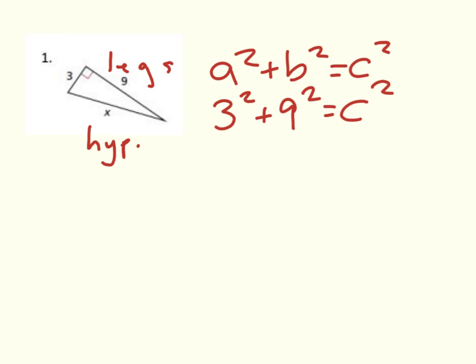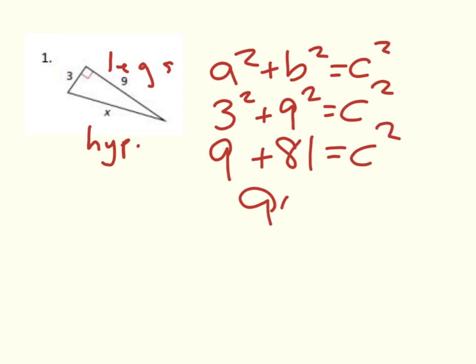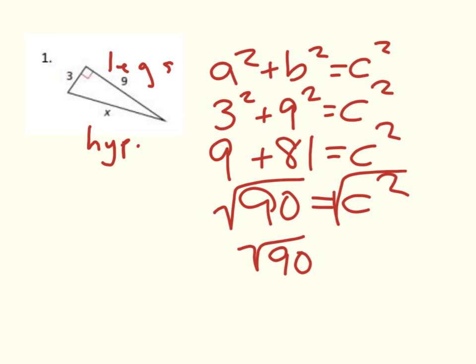And then we're going to square it. So 3 squared is 9, 9 squared is 81, and that's going to equal c squared. That gives me 90 equals c squared. Then I have to get rid of c squared, and the opposite of squaring something is to take the square root. So I take the square root, and I get the square root of 90 is equal to c. We learned how to simplify that, so I'm going to take 90 and divide